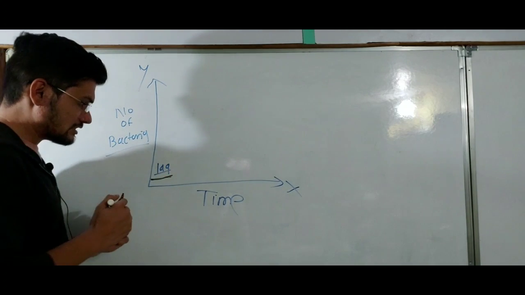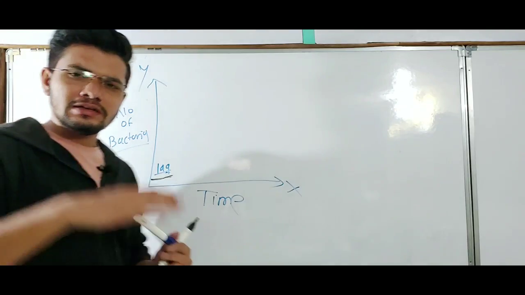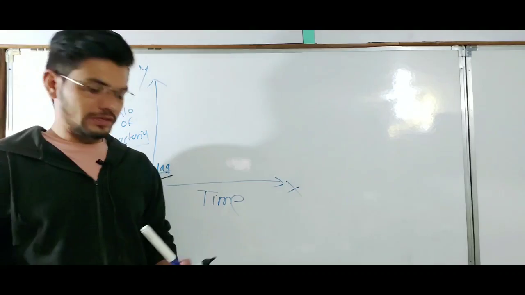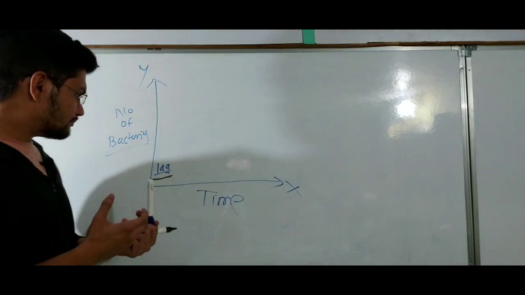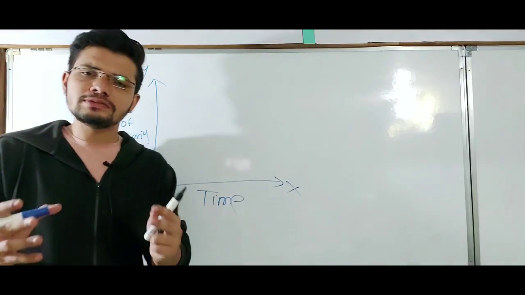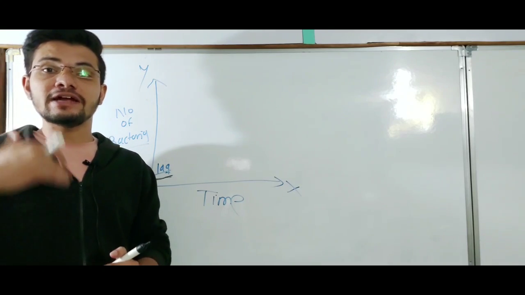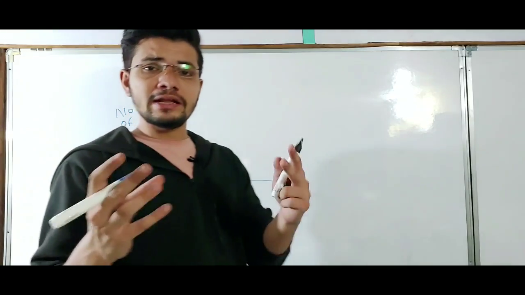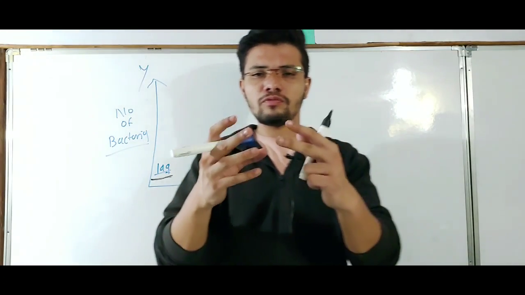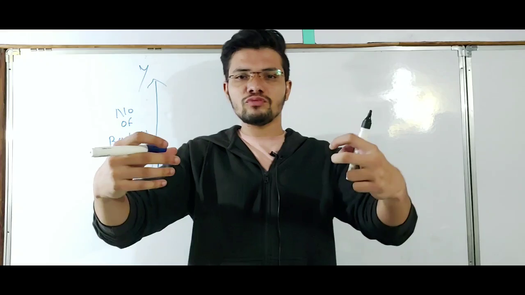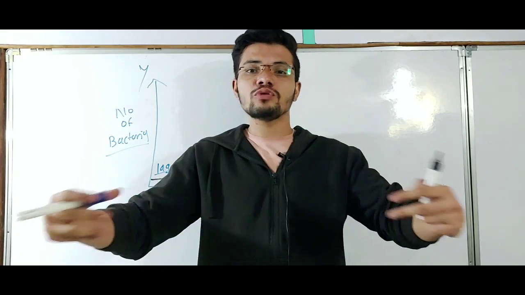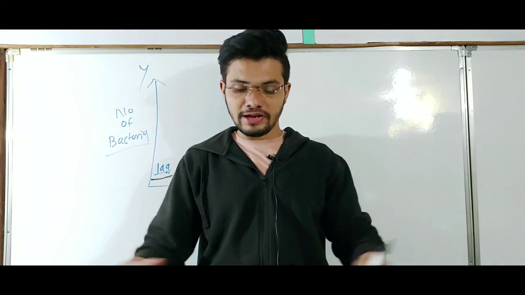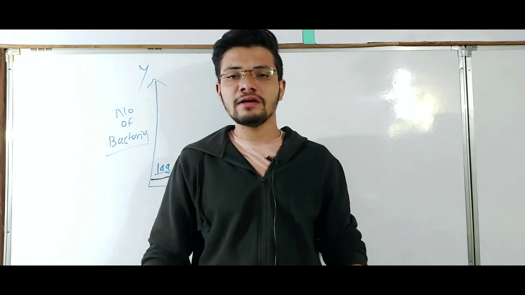As the term suggests, lag means they are just staying there, adapting to the environment, right? As the bacteria adapt to the environment completely, they try to reproduce. They increase their number. We know bacteria reproduce by binary fission. From one bacterium it will grow and divide to form two bacteria. Those two will grow and divide to form four bacteria. Those four will divide to form 8 bacteria, and so on.